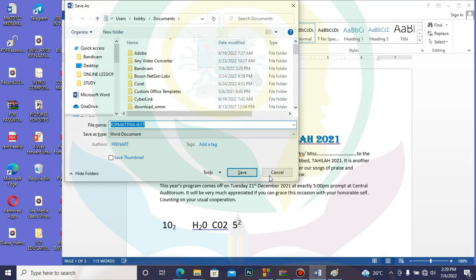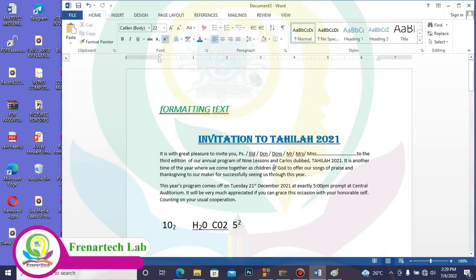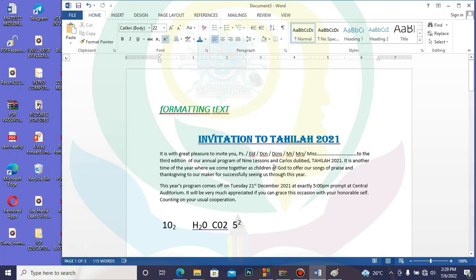Now that we are able to go through the highlighters using the highlighting tool and also the other reformatting the text, we have to save our work in case of any power outage. So always as you start with your work, you need to save it. And as we talk about the save as process, we have different ways of saving our documents. We can press the F12 on the keyboard to take us to the save as dialog box,